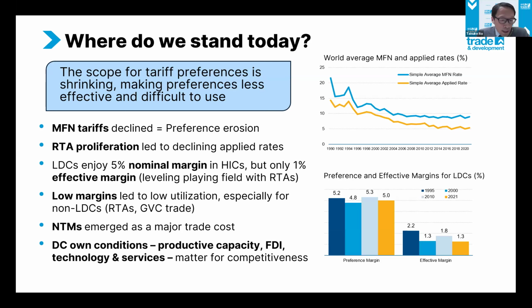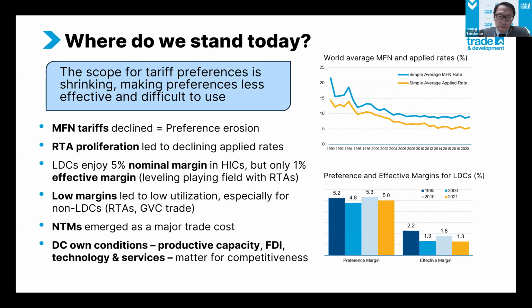So this was the kind of question we wanted to address in this report, and one of the findings of the report is that the scope of tariff preference is getting smaller and smaller over the past decades, making preference less effective and more and more difficult to use. One reason, of course, is the multilateral trade liberalization conducted under the WTO, the Uruguay Round. As a result of the Uruguay Round, there was MFN market liberalization. Also, because of the proliferation of regional trade agreements, applied rates also declined, as you can see in this graph, on the upper side of the graph. And so this has resulted in